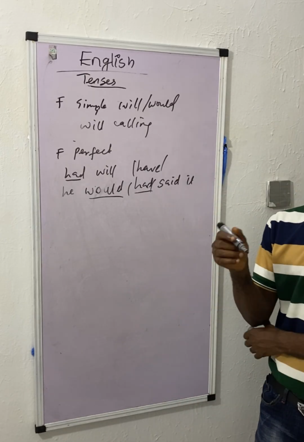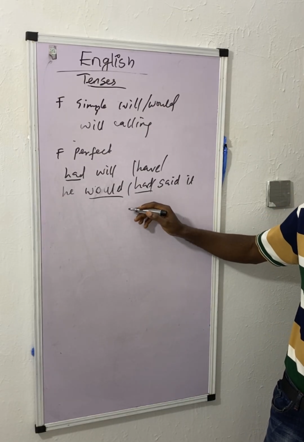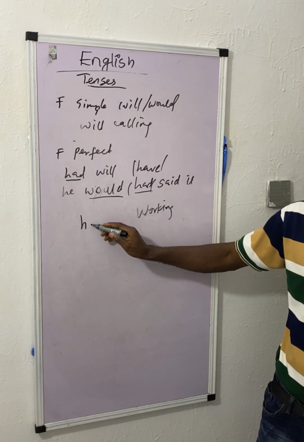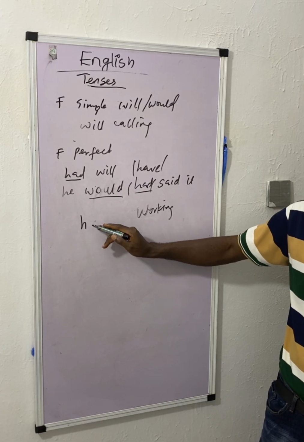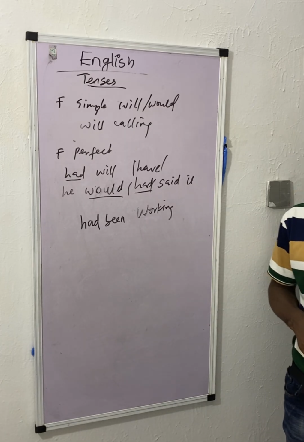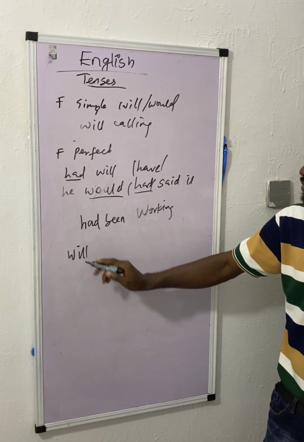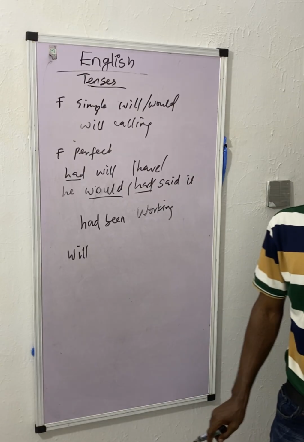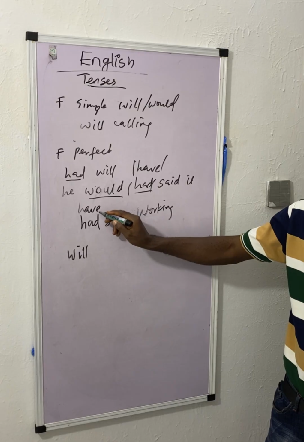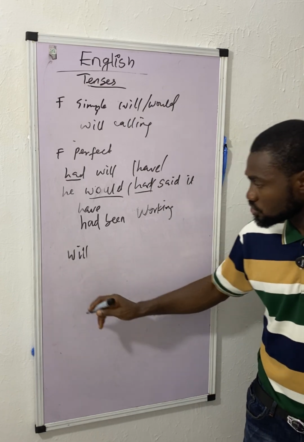Then the final one is future perfect continuous. All you have to do, bring a perfect tense and bring the continuous together. Okay. So let's say we are having continuous like walking, ing form, walking. All right. We have has been. Let's use has been or had been. Okay. Then we put our future, which is will. We can also use have. And we can also use has. All right. Have, has, had. Okay. So we can say,